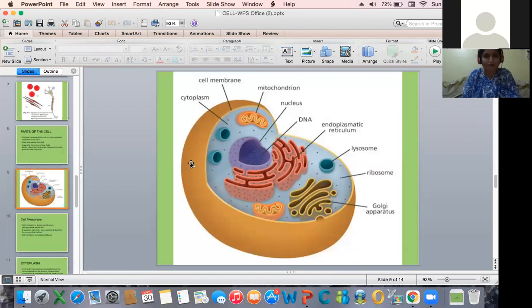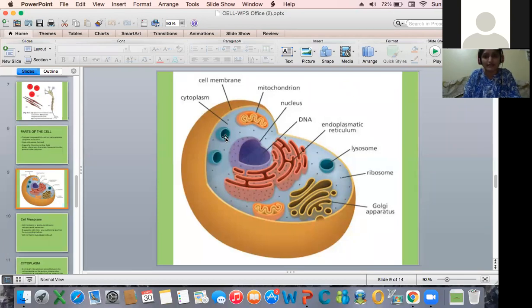Okay. So the different parts of the cell: you can see here that it has a cell membrane. The outer part is called the cell membrane. And inner to that cell membrane, there is a jelly-like structure which fills the cell. This is called the cytoplasm. Then in the cytoplasm, in this liquid, jelly part, you can see that there are a number of organelles. You can see the mitochondria.